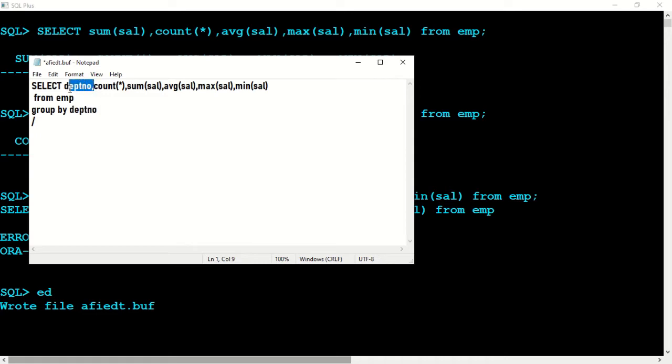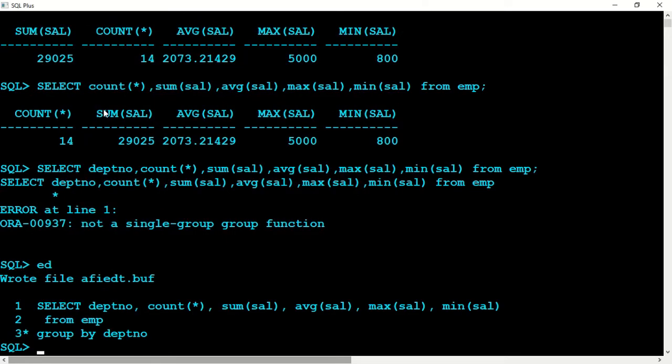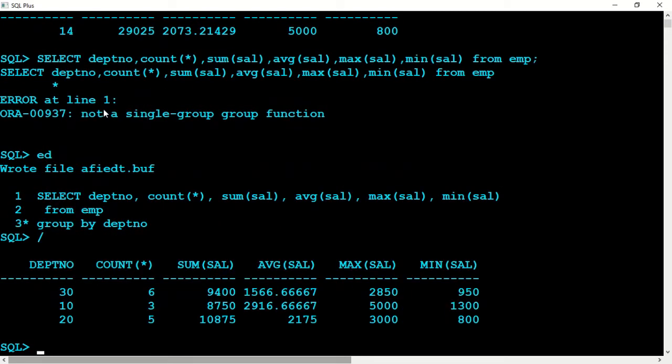If I remove this, Control X, then it's good, no problem, because all are grouped, because they are all aggregate functions, group functions. But if I add the department number here, it is not grouped, so we have to group it by saying group by department number. Now if I save it, Alt F4, save it and say slash, you'll get, see, department